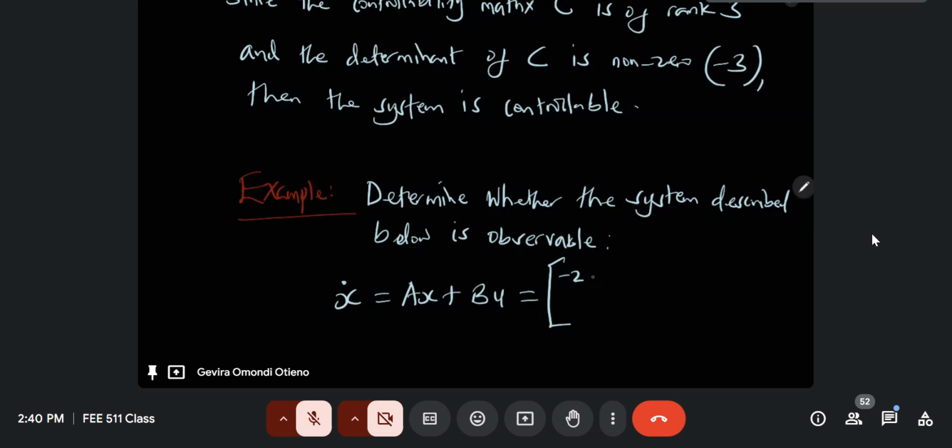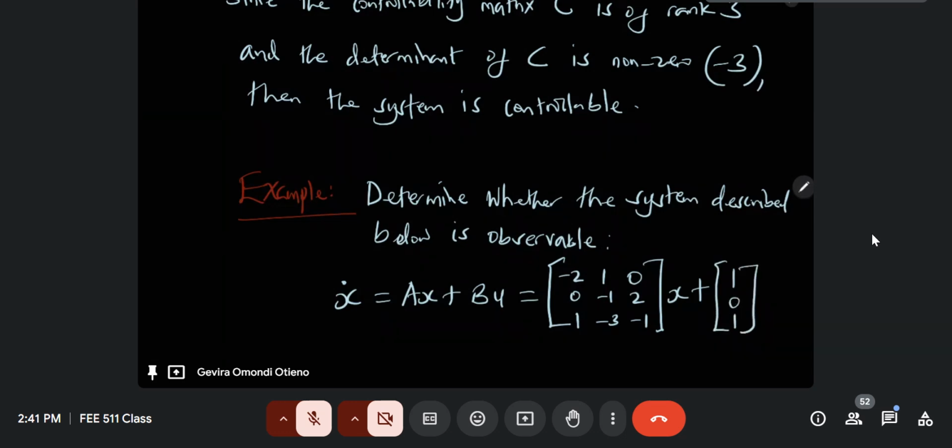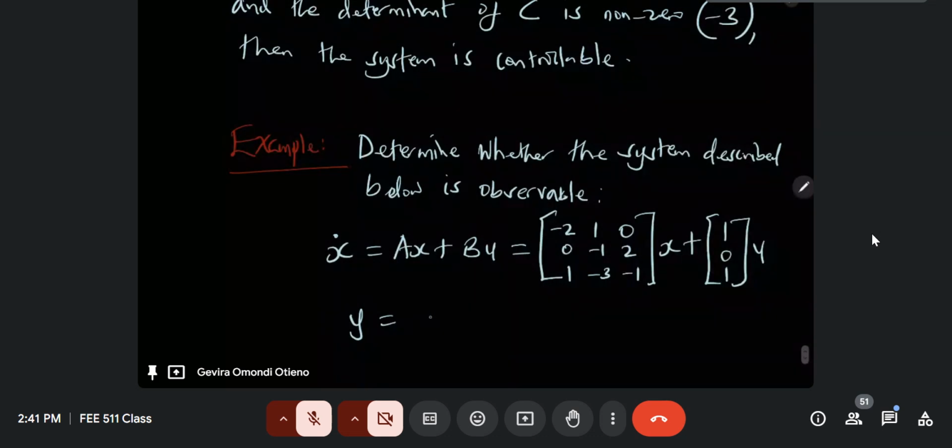It's only that we can't use that here, but we understand that they are matrices and vectors. x dot equals the matrix 1, minus 3, minus 1 times x, plus 1, 0, 1 times u, and y is given by 1, 0, minus 1 times x. So here we are given another system, but this time we're supposed to test for observability